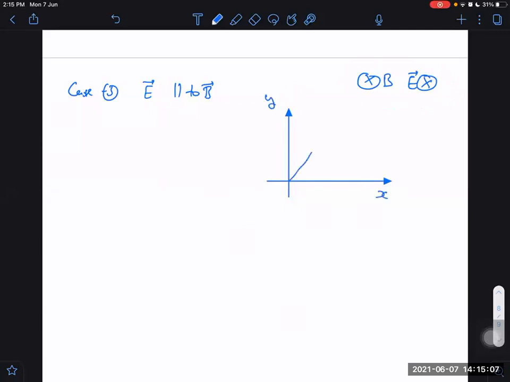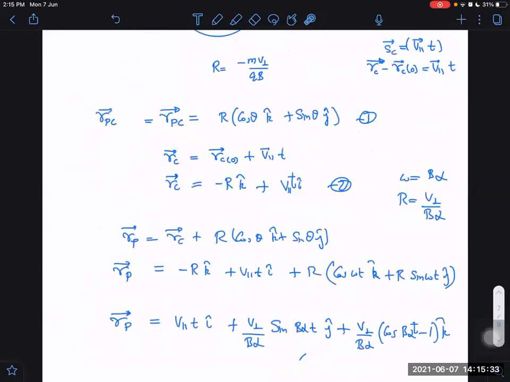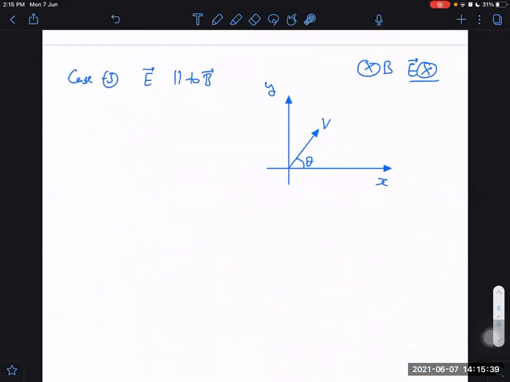X, Y, and the magnetic field; the velocity vector V was inclined at an angle theta with the x-axis. So can you guess what changes it will make? What changes will the electric field make? Sir, in the Z direction, it will accelerate the particle. Because it is acting along the Z direction, it will accelerate the particle only in the Z direction. Last time, the motion along the Z axis was with uniform velocity V parallel. Everything else remains the same. I should just add the displacement of the center. This time it will not be V parallel T as we got last time, but plus half a T square. It will be V.